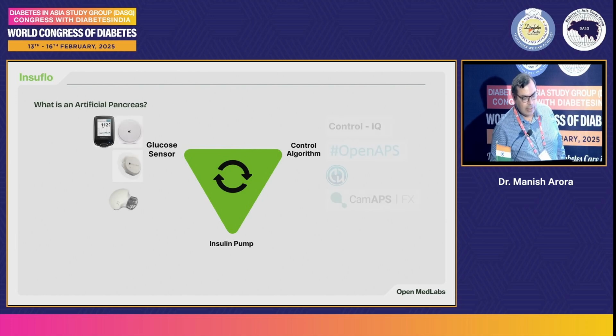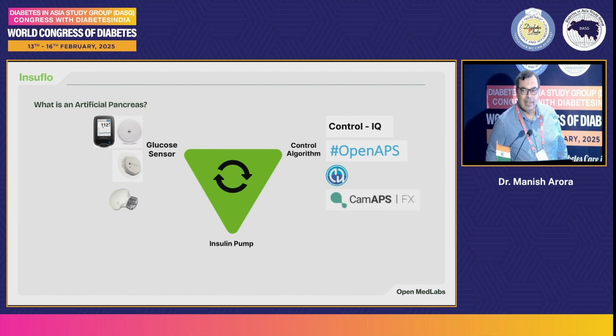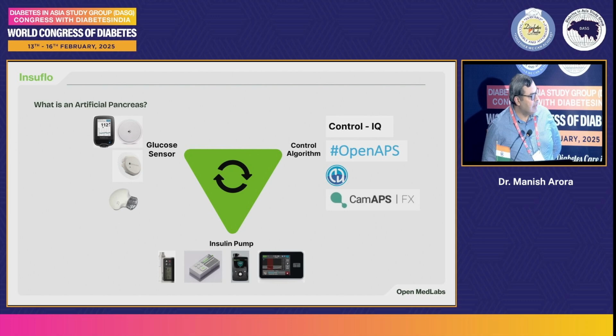So sensors, we have different algorithms available out there, available in the sense they're in use, but not necessarily available. Some of them are, because OpenAPS is an open source algorithm, so somebody could use that. CamAPS is work from Cambridge, and I know Abhishek is working on something, and there are other algorithms out there. But there's also a third pillar in this triad, which is the insulin pump. There are multiple options there again, but they don't again talk to algorithms freely. So everybody is kind of developing all three things together or trying to do this.